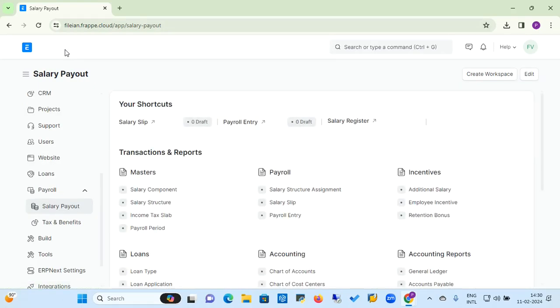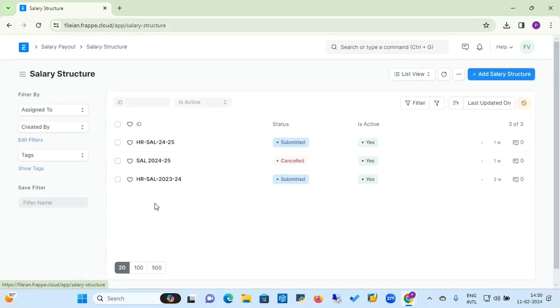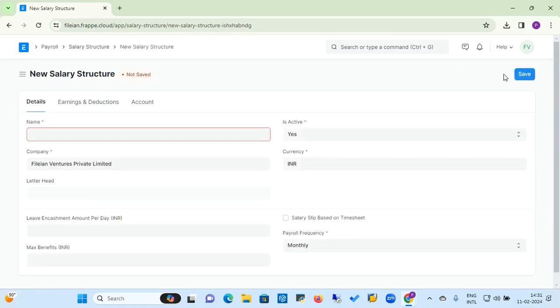Once again, go to salary payout. Now we will see the salary structure. What is the salary structure? Here you can see that for the current financial year 24-25, the salary structure is already added. If you want to add another salary structure, you can click on that and give the name for